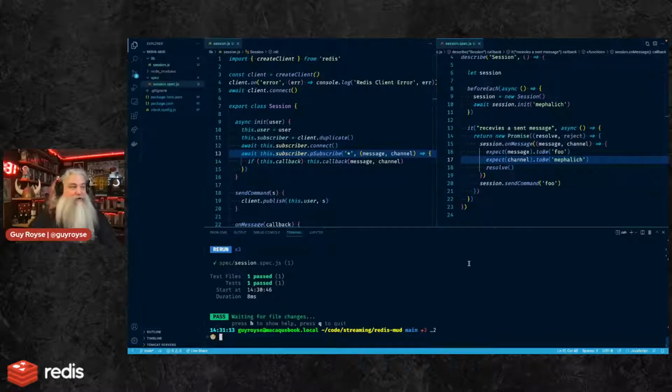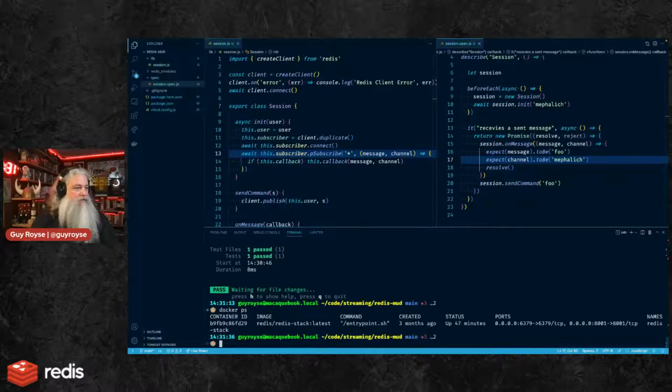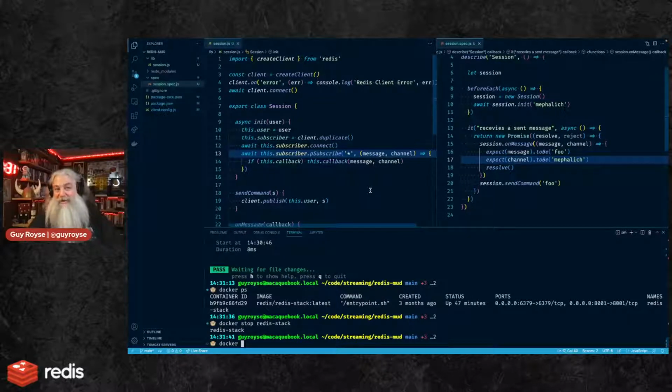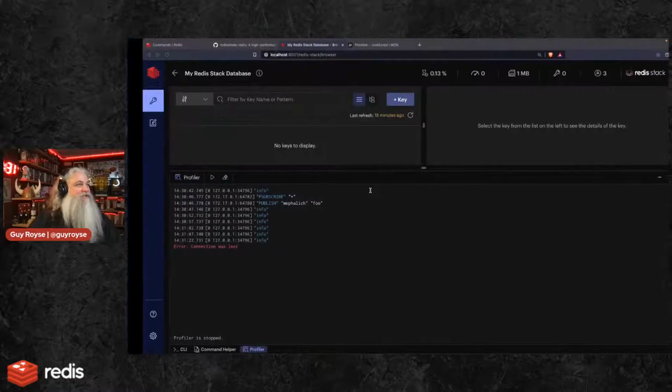Anyone on stream happen to know offhand the command to update an image? Docker stop Redis Stack, like Docker upgrade or something like that. I'm stalling as I give time for lag to let the internet be smarter than me.